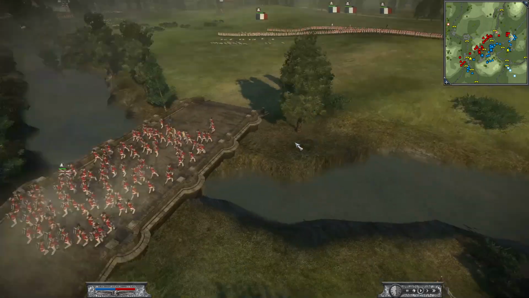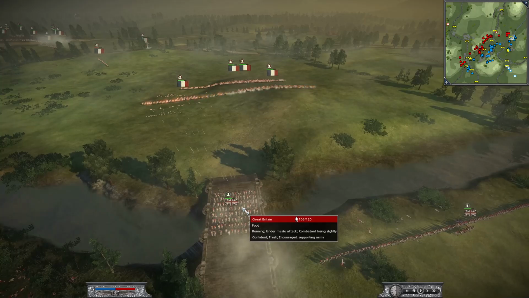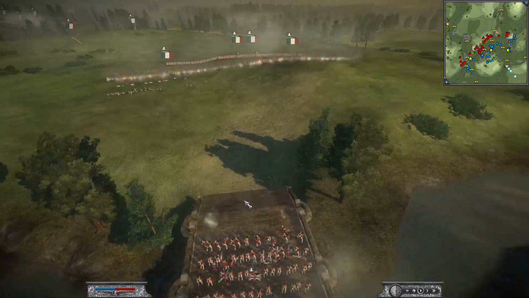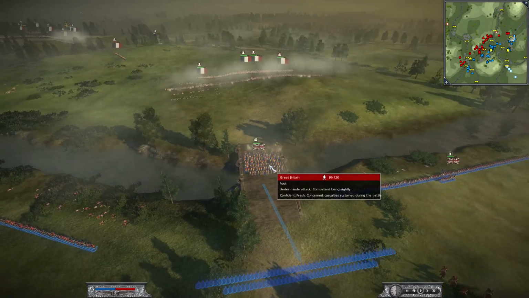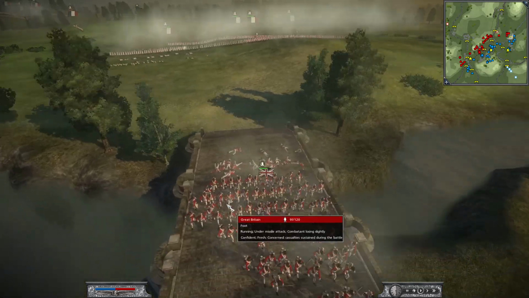Now, pushing up some foot to see the distance of how they fire. Kind of testing, which I probably didn't want to take that many casualties with. Getting some shots back, but then I should retreat them pretty soon because it's not very good. There we go. Okay, so about this point of the bridge,